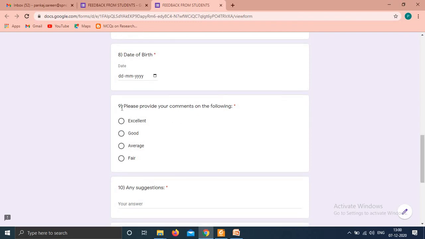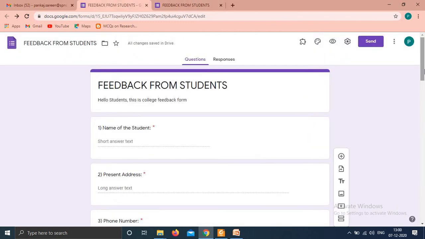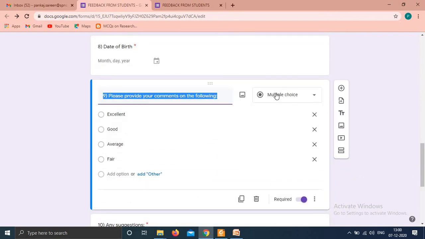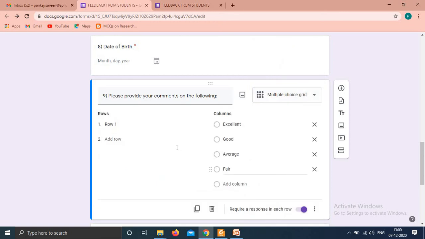Just wait. What happened to field number 9? I need to change it to multiple choice grid. Then the options were library, resources, extra curricular activity.